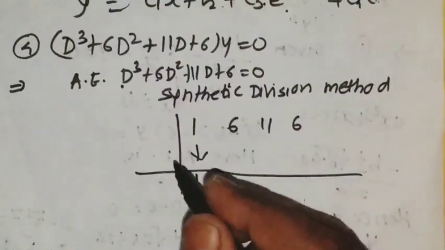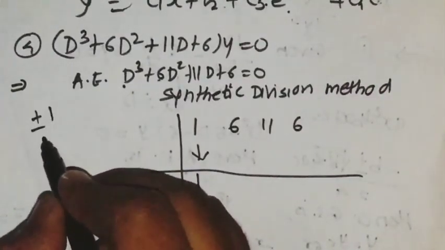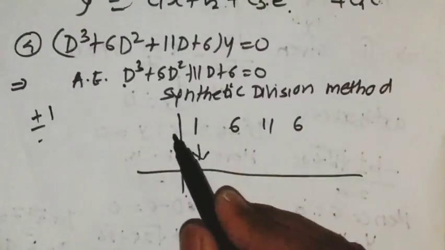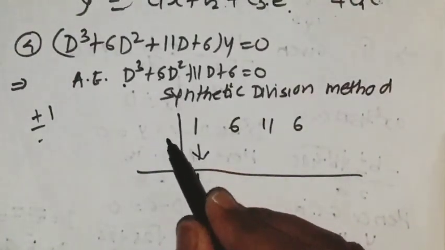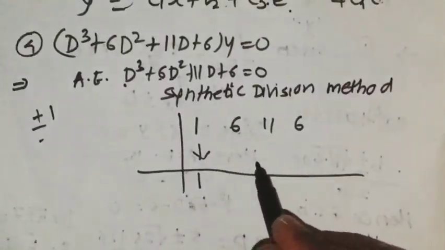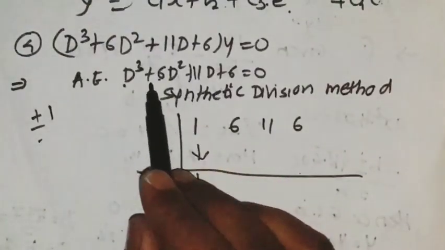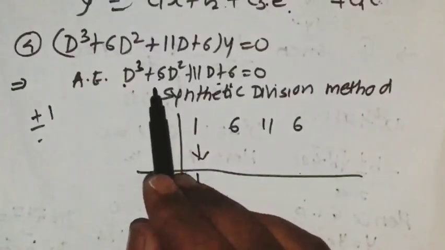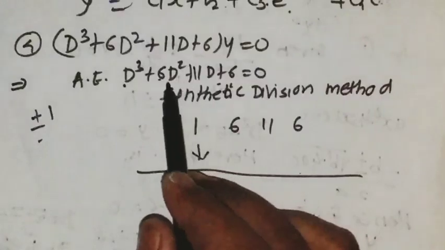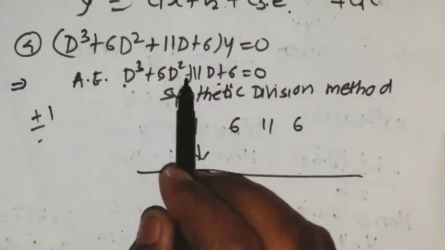Whenever we are going to guess roots, we give preference to plus 1, minus 1 initially, then plus 2, minus 2, then plus 3, minus 3. In that way we have to proceed. So we have to check. If we consider 1 here, you need to check whether we get 0 at the end or not. But one can clearly see that 1 is not a root of this polynomial, hence we are not going to start with 1. After putting 1 we will not get LHS equal to RHS, but one can easily see that minus 1 is a root.